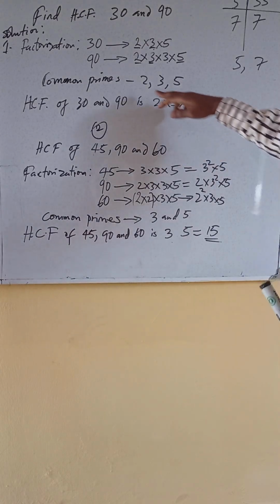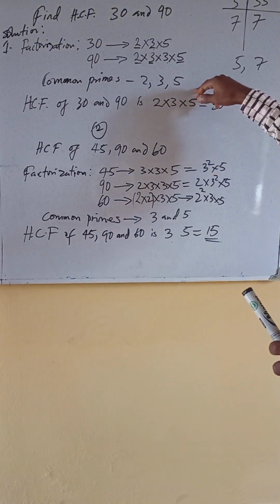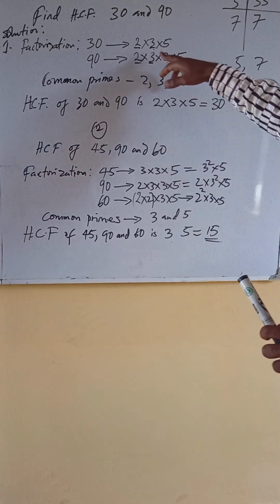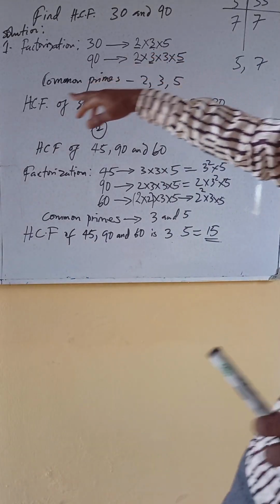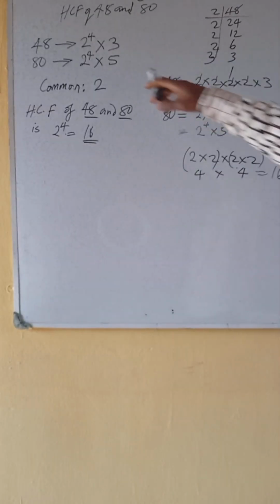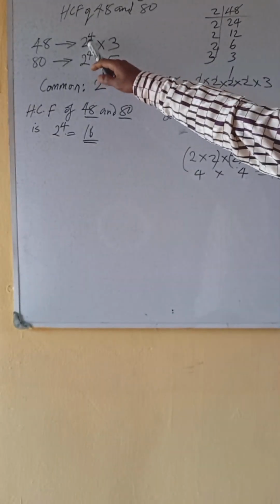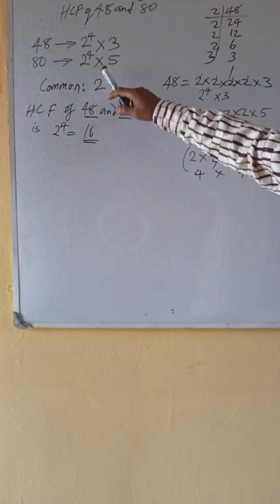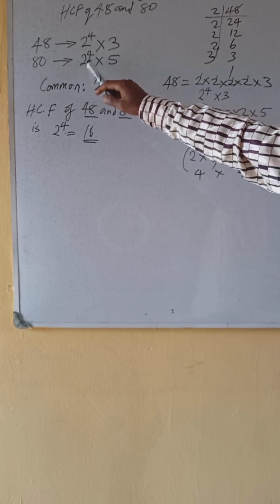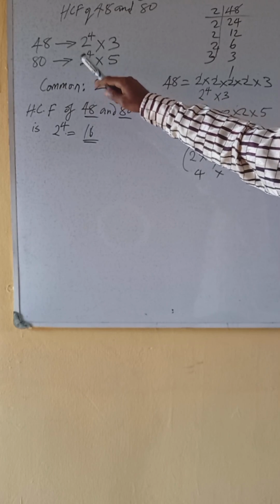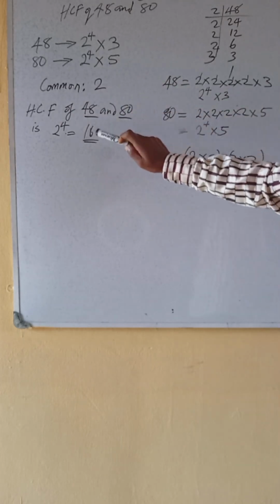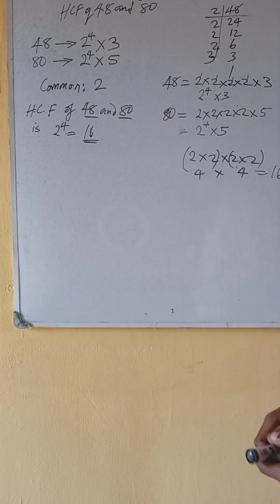But remember, get the common primes. After getting the common primes, you write it in standard form like this. Example 3 now, when you write in prime form like this, you can see that the least power of 2 that is common is 2 raised to the power 4. That's why we get this answer here. And remember,